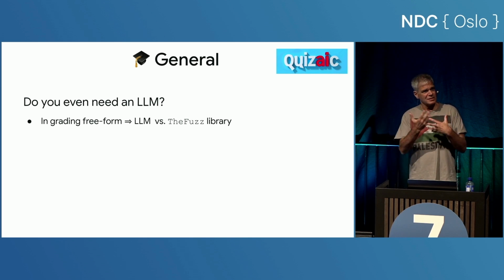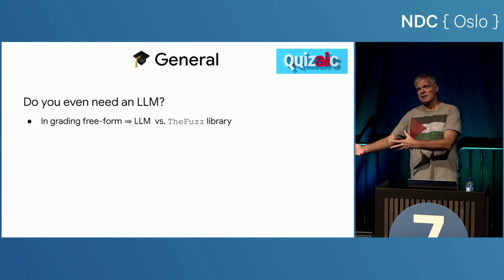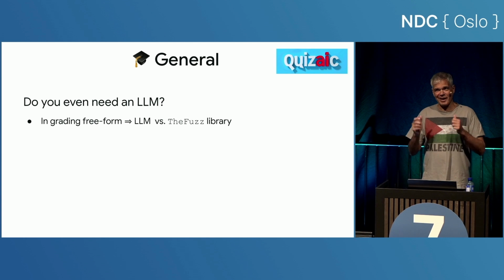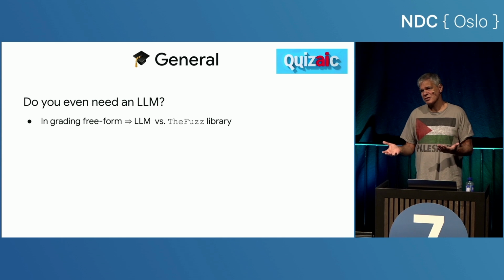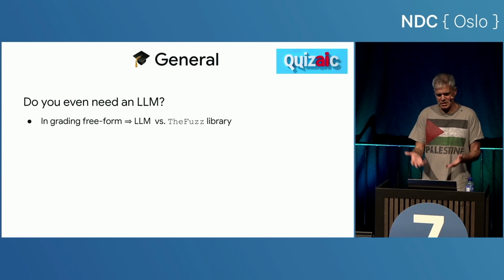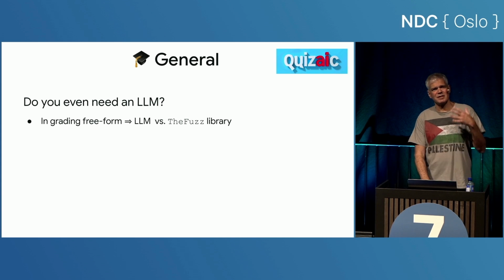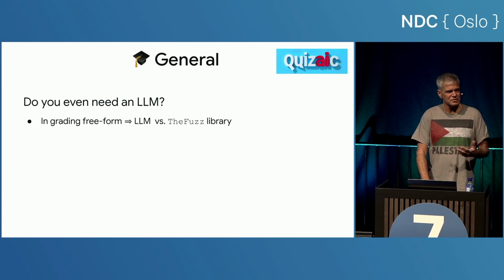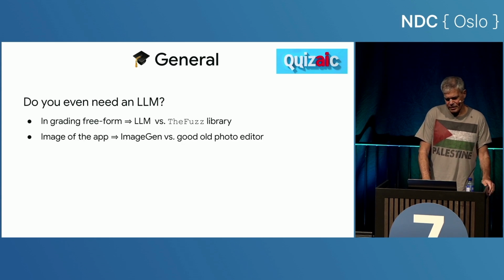Humans have very fuzzy linguistic ways of expressing a given answer, and you have to decide, is this answer correct or not? And I started going down the road of, I know, I'll ask the LLM. Bad idea, because number one, that's a lot of propagation delay and latency in the user interface. It's very inefficient. But number two, there's a much easier way to solve it that's fast and understood, which would be a Python library, or whatever language you're working in, which does Levenshtein distance or fuzzy matching, things like that. It may not be as good as the solution you want, but it's probably going to be good enough.